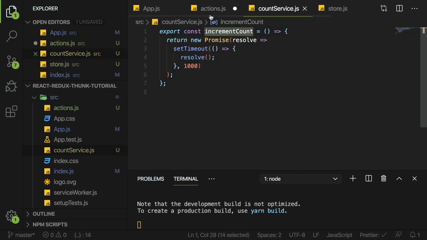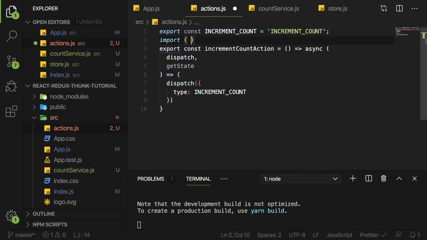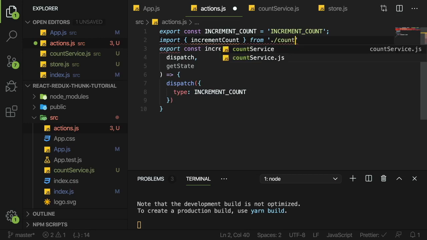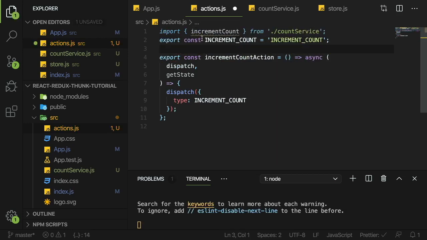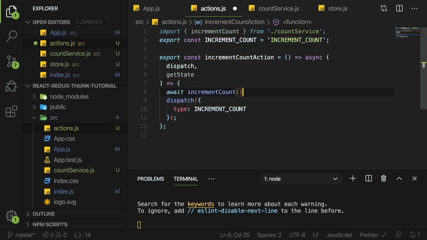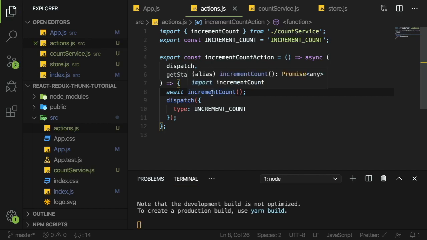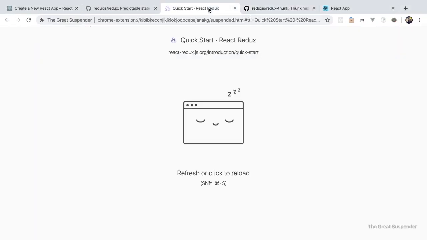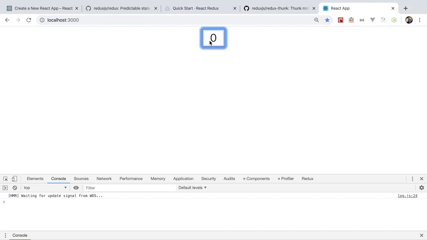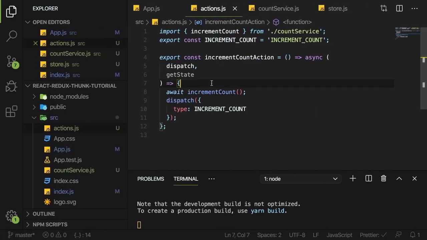Okay, so what you can do in your action is you can import that service. So increment count comes from count service. And what we could do inside of our action creator is we just await on that. And then when that's done, we could just dispatch our action. Okay, so now, assuming I set this up correctly, when I click the button, it should wait a full second, and then it should increment. So I clicked it, waited a second, and it went forward. Clicked it, and incremented. Clicked it, and incremented. So this is just a really basic example of